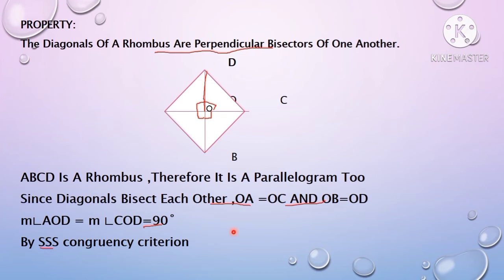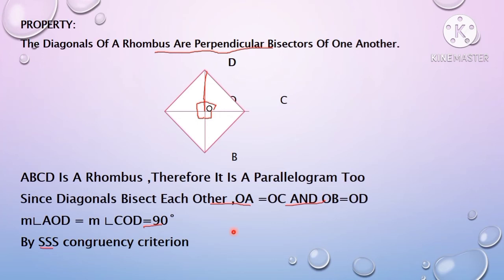Look at here, we will form a 90 degree. Here also 90 degree we can say. It's perpendicular bisectors of one another. Perpendicular bisector means, look at here, when they bisect it forms 90 degree angles. This one 90 degree, this one 90 degree, here also 90 degree. If you want, I'll mark it, then it will be easy for you to understand.